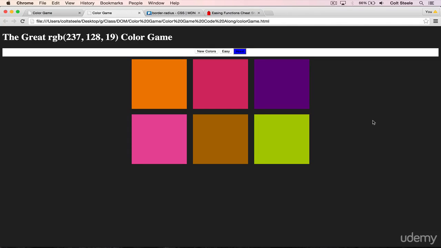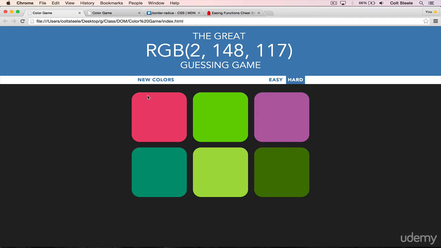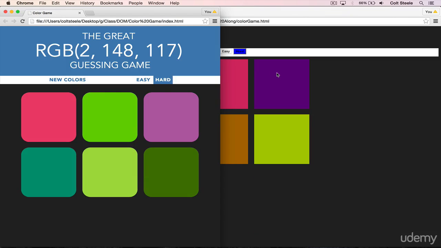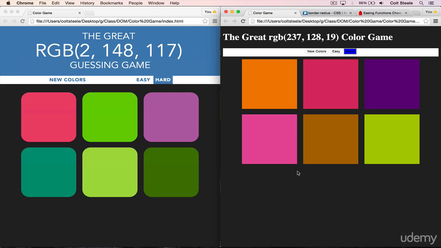Alright, welcome back. In this video, we're going to work on the styling of our site. Right now, it's definitely nowhere near what it's supposed to look like at the end. So let's actually compare them side by side. Here's ours over here. So some of the big changes we need to make: rounding the corners, adding some spacing